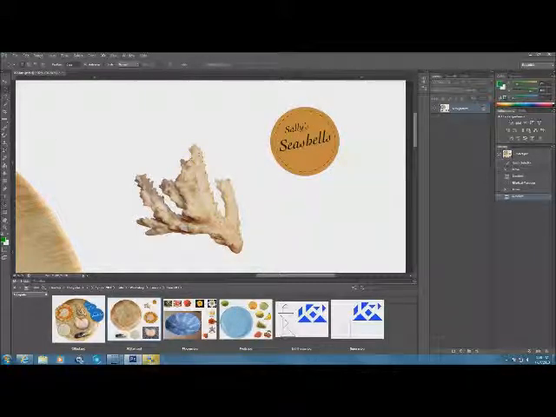Okay, Sally's seashells logo is a perfect circle. So remember, to create a perfect circle, you have to hold down the Shift and the Alt key to get your perfect circle. So position somewhere in the middle and start dragging out, press and hold, and you may have to